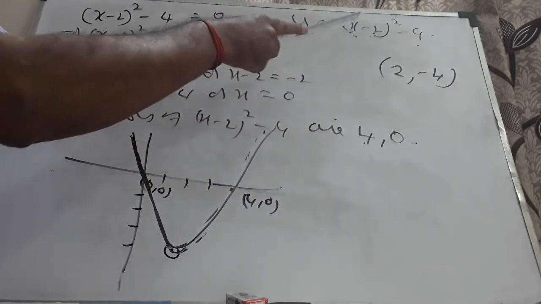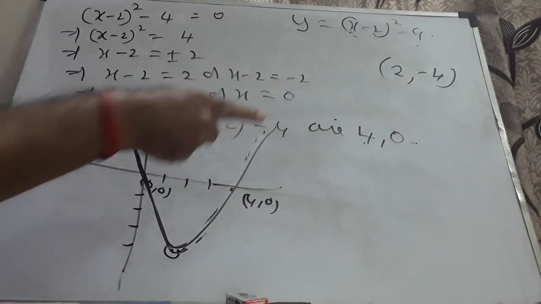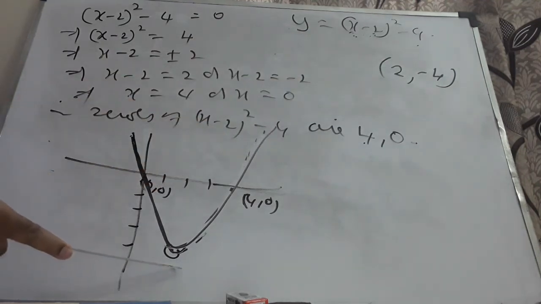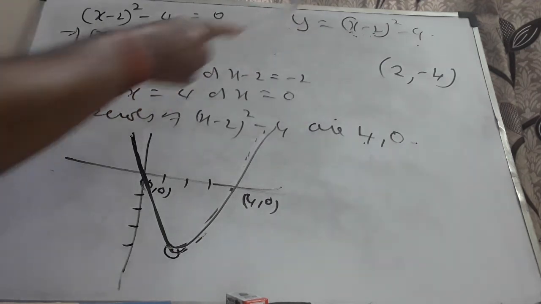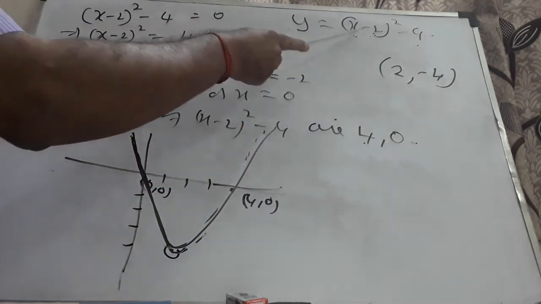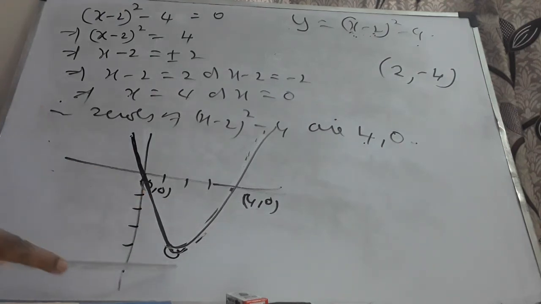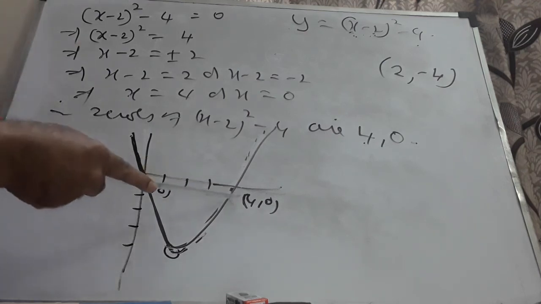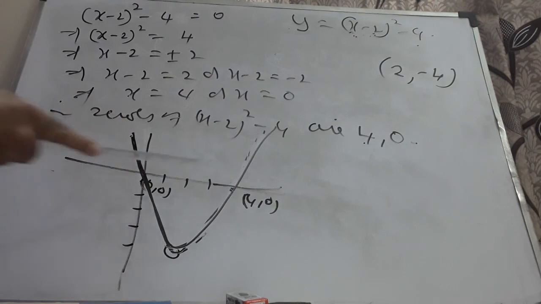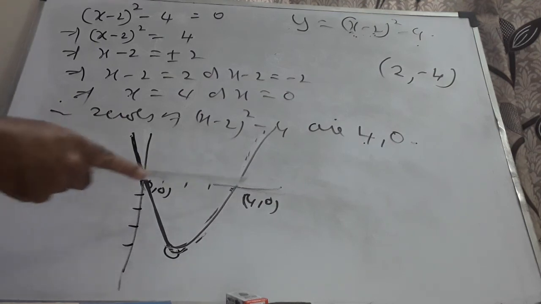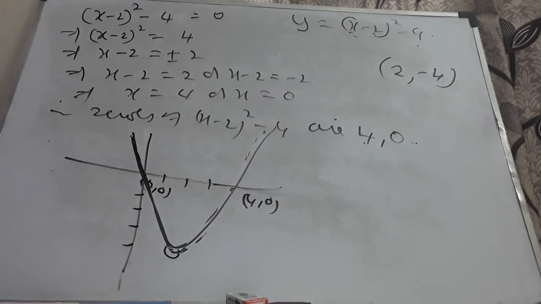How to draw the graph in general? When x is 2, y is minus 4. It passes through 2, minus 4. When x is 0, y is also 0. When x is 4, y is also 0. It passes through 0, 0, 4, 0, 2, minus 4. Joining those points, drawing it as a smooth curve, I'll get a curve like this. Therefore, the particular curve intersects the x-axis at 2 points. Those 2 points are called the zeros of the polynomial. In fact, I should say those are the 2 real zeros of the polynomial. Real means we get a real number.